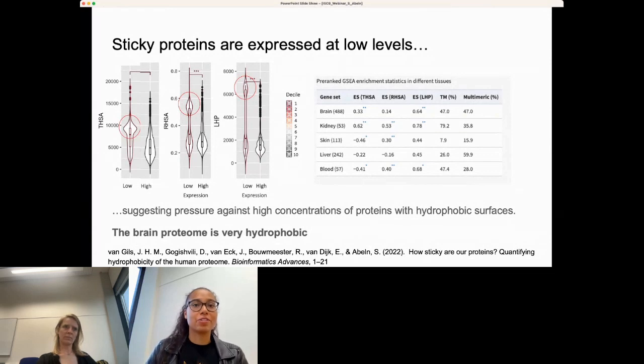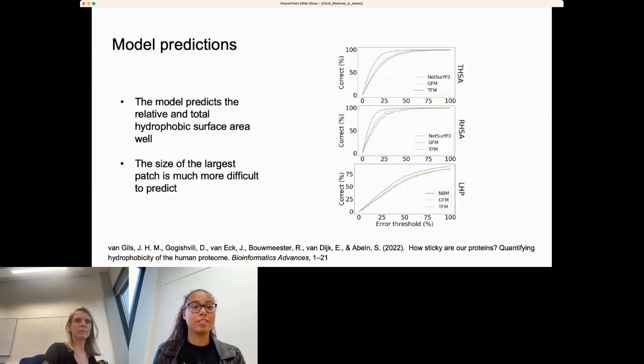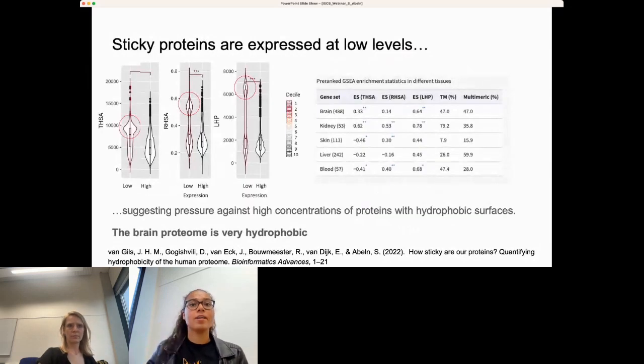And so what you can see for the brain is that it's significantly higher for 2 out of the 3 measures, and also higher for this one, just not significant. And so the brain in and of itself is relatively very, very hydrophobic in terms of the proteome. Whereas, for example, if you look at liver, which has a lower expression of hydrophobic surface proteins than you would expect. And so the brain just has a relatively larger amount of these hydrophobic proteins, which could, for